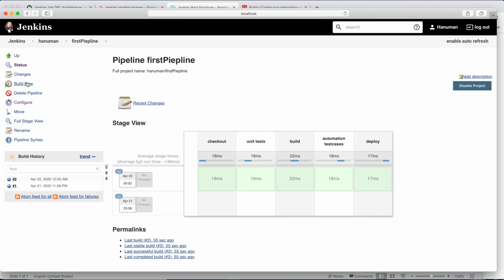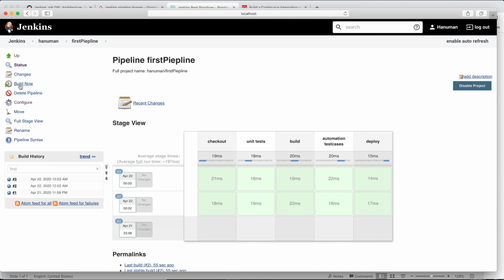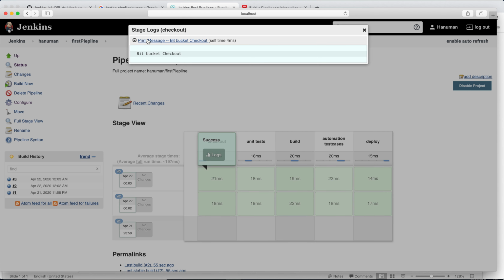Okay, just click on save. If I run one more time, the build is going to execute one more time, and it is going to display how much time it has taken. So if you want to see what the log is, what steps we performed in each and every stage, you just need to click on this one. If you see the logs, you can expand.